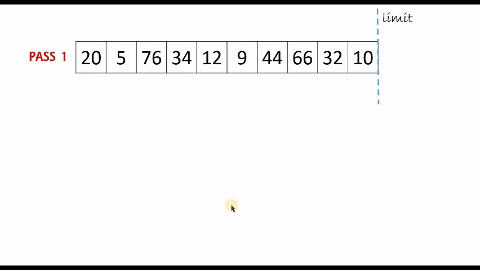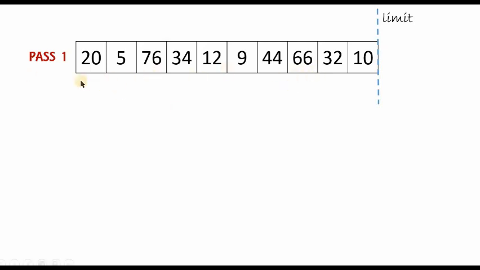Bubble sort involves scanning over the contents of the array, checking two elements at a time. If the two elements are not in order, then it swaps the two elements to get them in the right order. This scanning over the elements of the array happens in several passes. Let us take a look at an example which shows how bubble sort works. Here we have an array of 10 elements.